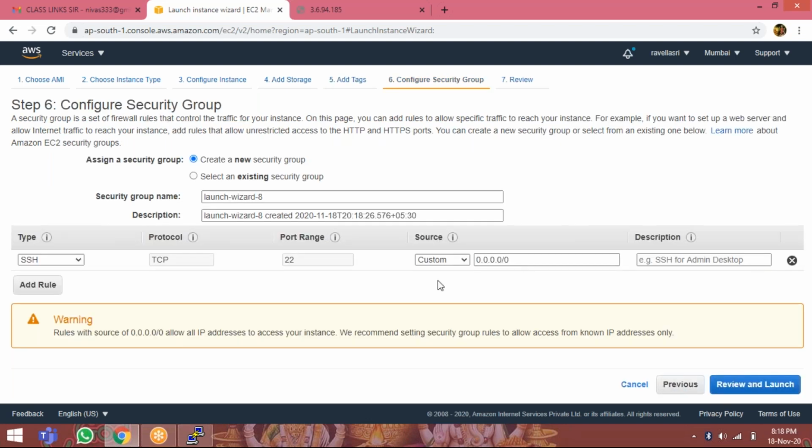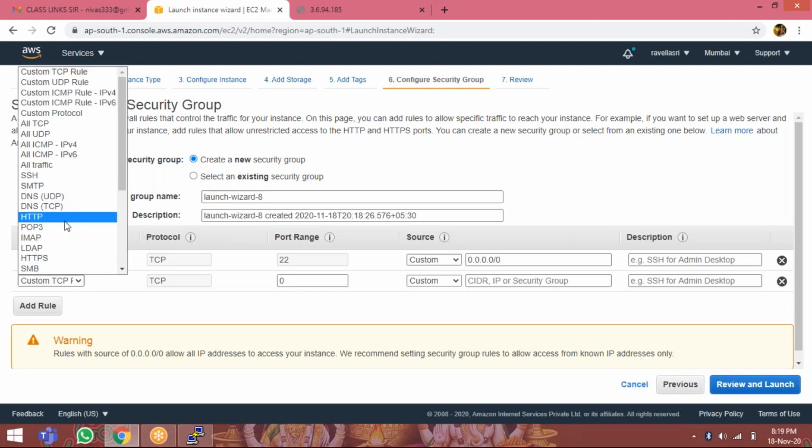configure security group. So here you missed creating the rule, because whenever you are going to open the website, you have to create the security group rule for HTTP. But in the last instance we did not create it, we are going to create it now. Here I am creating a rule. Sometimes if you forget that one, it will not open the website. Okay, now add rule,